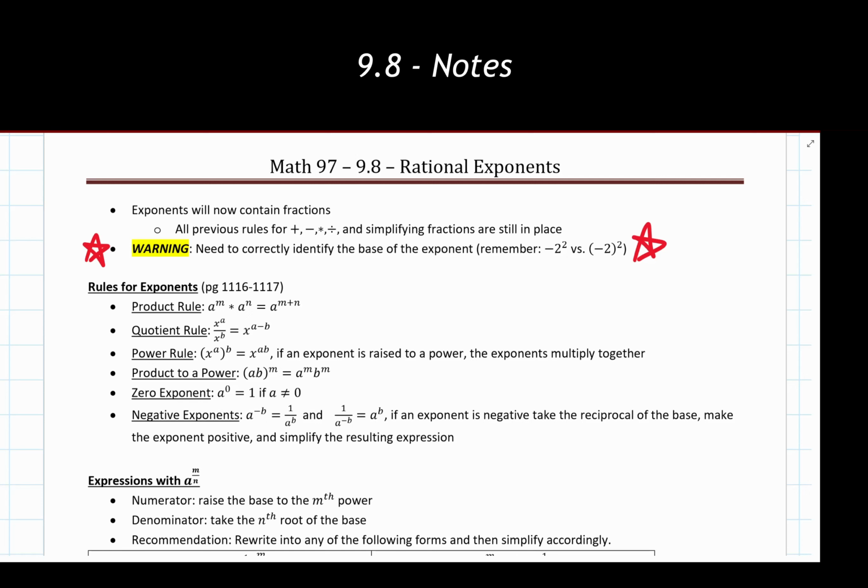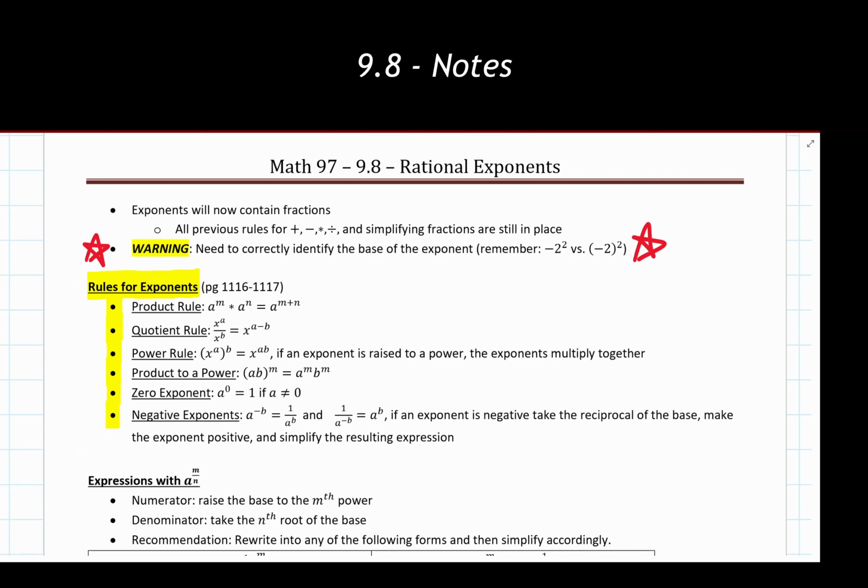So as a reminder, we have some rules and properties for exponents. Now I'd recommend pausing the video here and writing all of these down for yourself if you need to, because we are going to see all of these show up. The pages that are listed here are for the textbook that we are using, but the properties and the rules that we have are pretty universal, so it shouldn't matter which textbook you are using, all of these are still applicable.